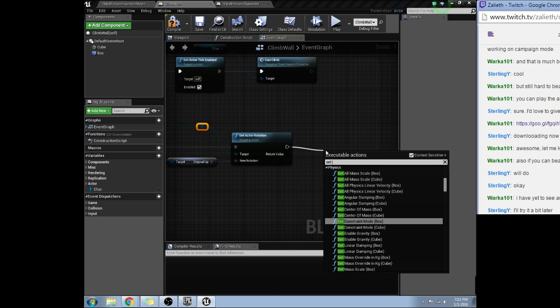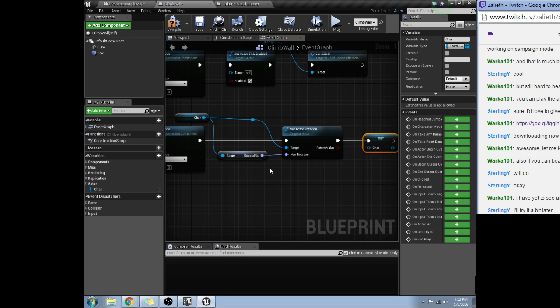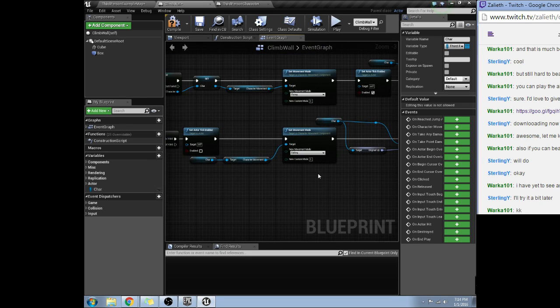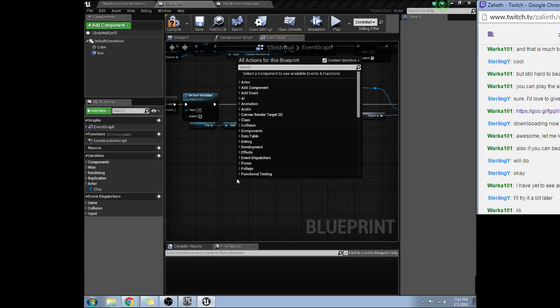And then we're going to do set character, and we're going to nullify this. That way, this isn't just repeatedly accidentally running or anything like that. There we go. Finally, we need the event